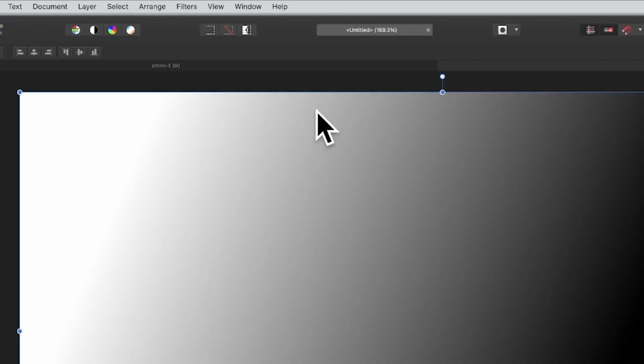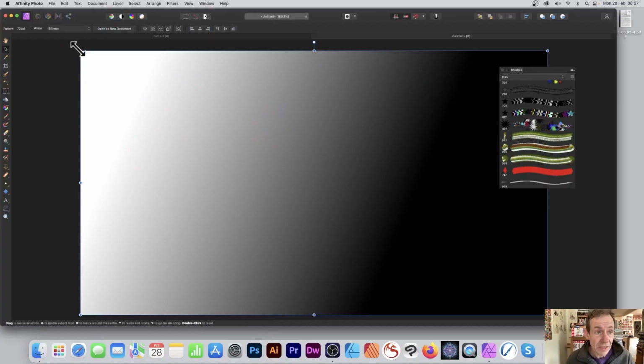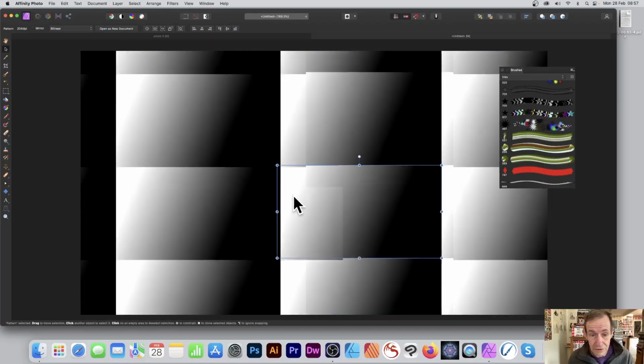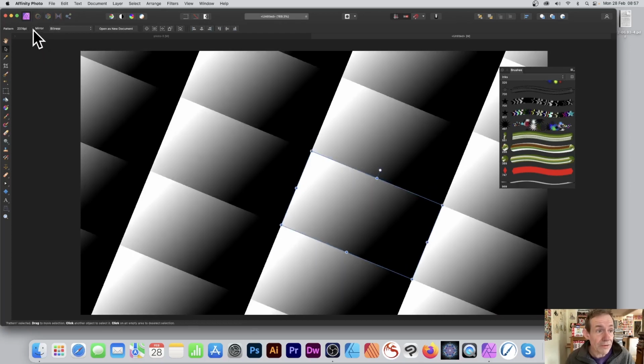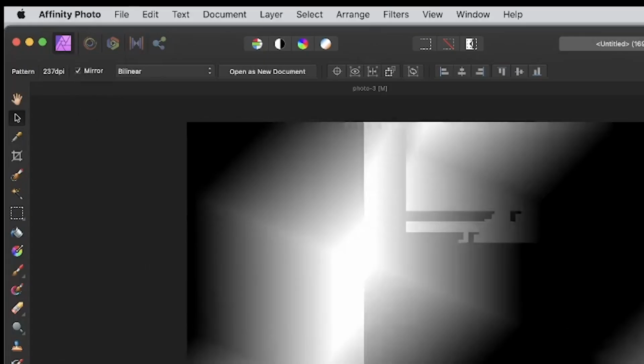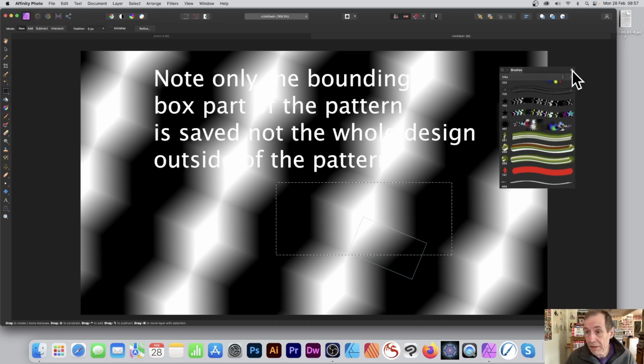With your layer, you can go up to a layer and new pattern layer from selection, and then you can resize that. You can move it around, rotate it, etc. And then you can go up here to, say, mirror, create all kinds of different designs, and again go over to the selection tools, and I'm using rectangular marquee tool, but you could use any of the others. Simply select that area and again go to brushes, right side and new brush from selection, and it's been added